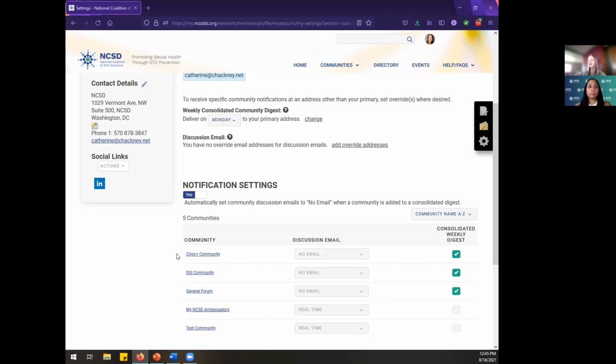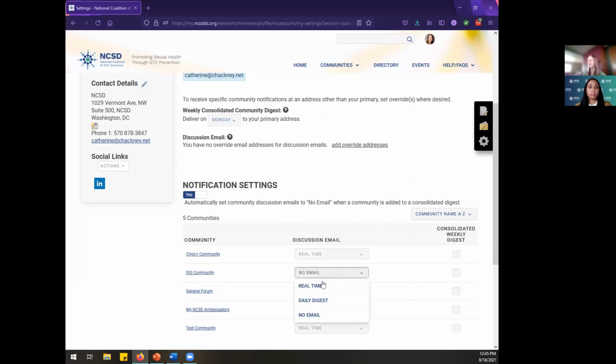So instead of receiving a Clinic Plus daily digest and a DIS and a general forum daily digest each day, so that's 3 emails, if I check all of these boxes, I'll actually receive one email per week that summarizes the content posted in all 3 of these groups. So it's definitely a way to cut down emails, but to still see what's going on in my NCSD.